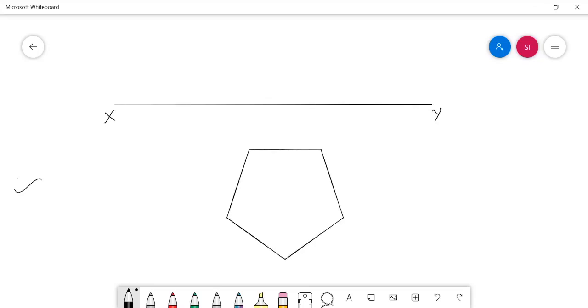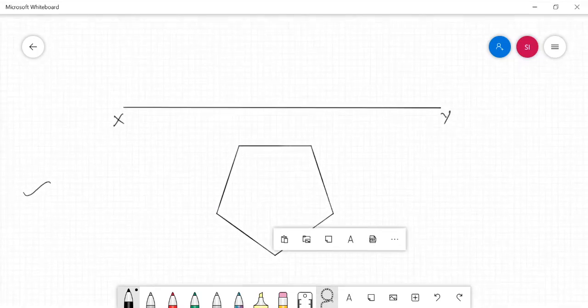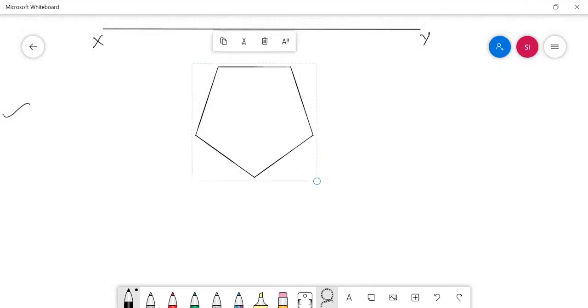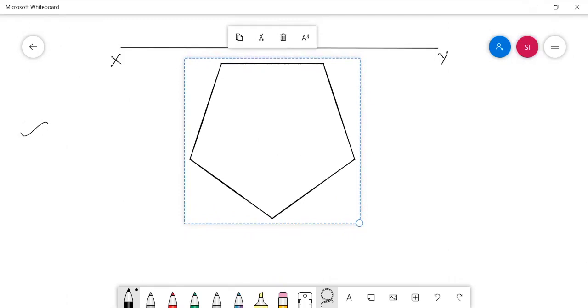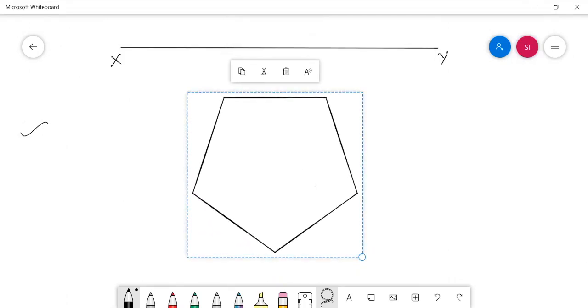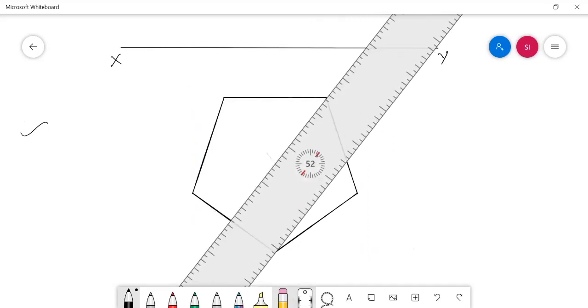And then, it is a pentagonal pyramid, so it has an apex point and slant edges. First, let me mark the axis of the solid. After marking the axis of the solid, I need to draw the slant edges.